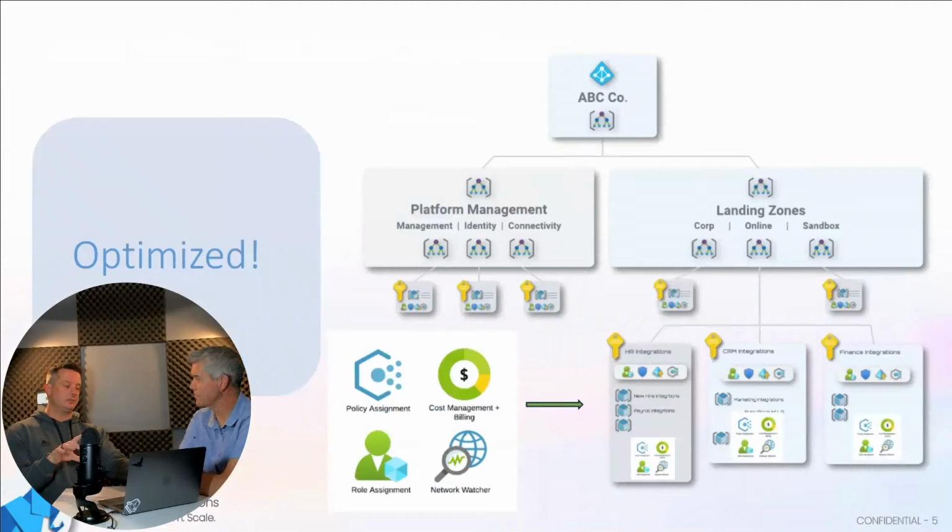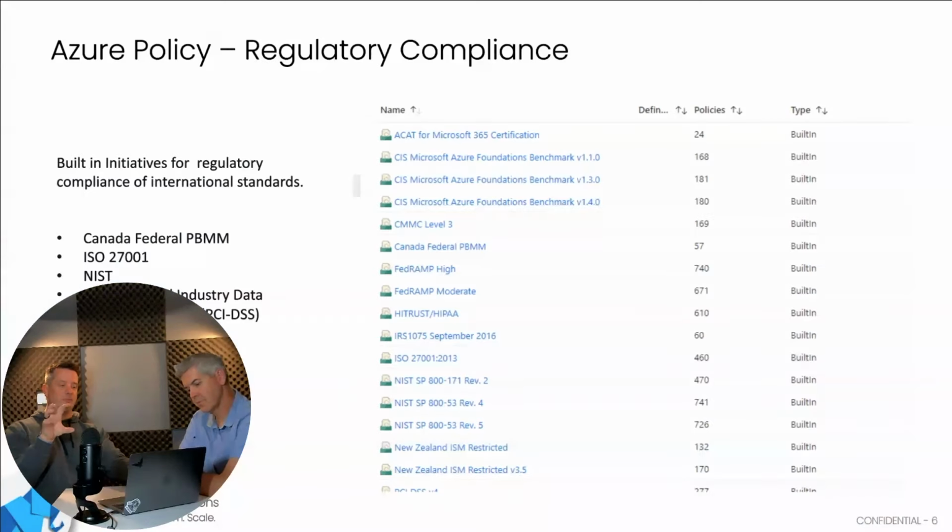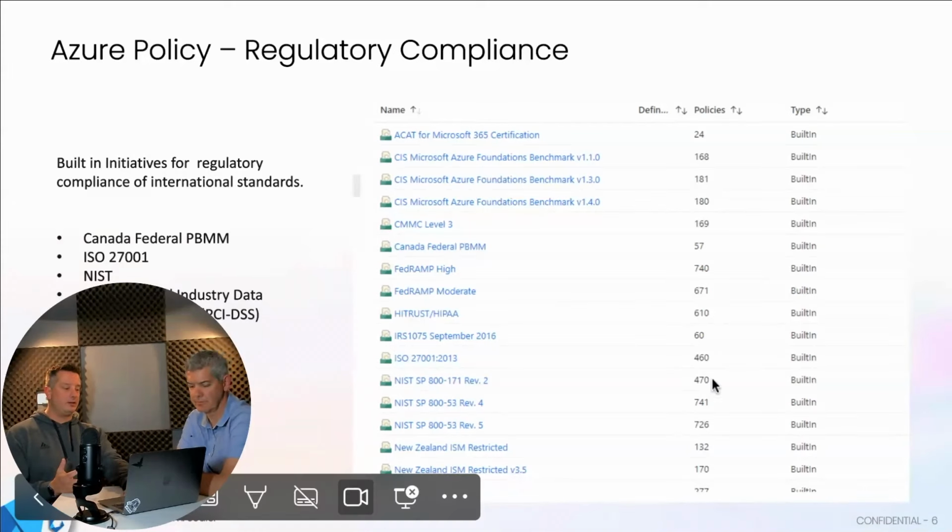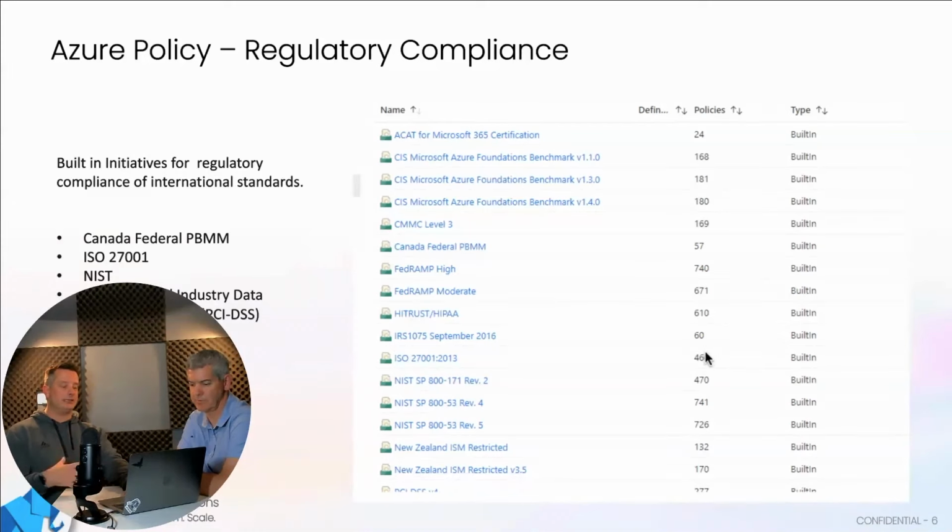I just wanted to show this one, Tim. So when I talk about policy assignment, again, for each one of these micro integration environments, I can apply the different regulatory compliances here. So like here, I can apply my HIPAA, or ISO 27001. Yeah, I mean, that's a common one. Inside that one, we can look that there are hundreds of policies that get applied once you say apply that to that environment, and there are 1,000 as part of that you can download, and then if you go to GitHub, there are more that are community driven to support that. So I just want to show this is the capability inside each one of those landing zones. I can apply different policies. So I thought that was important.